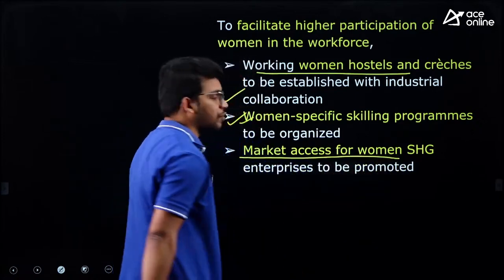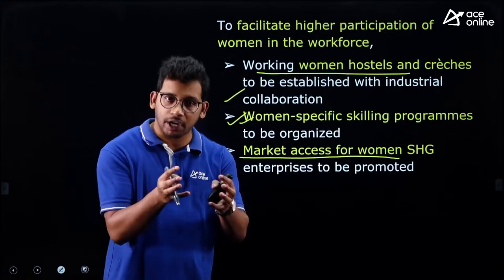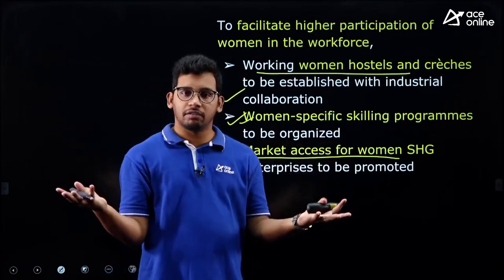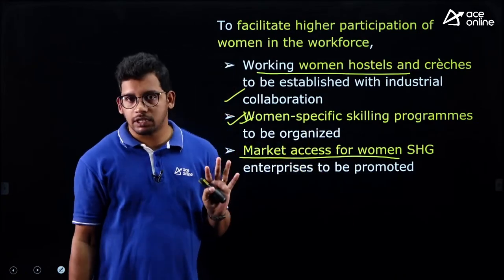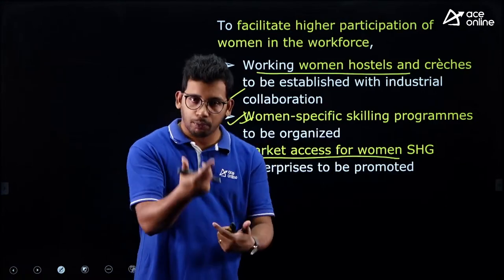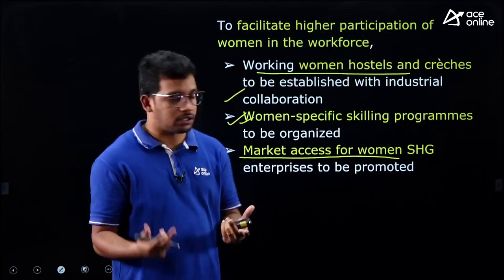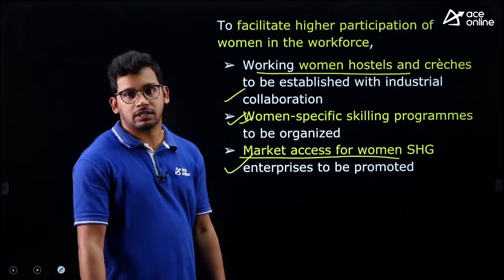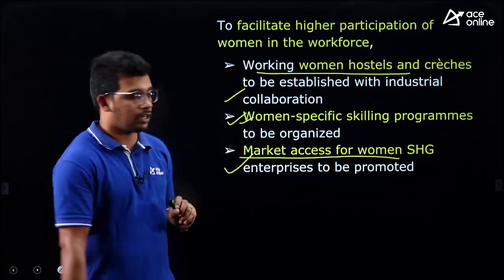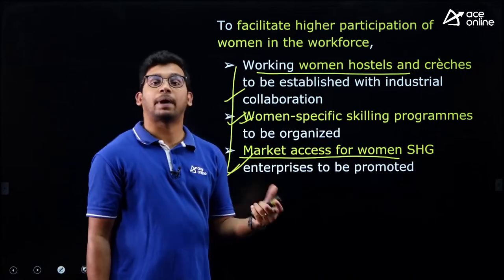Next, market access for women self help groups. Self help groups are voluntary organizations, like cooperative societies, where women come together and put in small amounts, which becomes a big amount, and then they invest in a business. Whatever goods they produce, they were not able to market, like promoting on Amazon or Flipkart e-commerce, and they don't know how to promote this. So the government will take up this role to encourage those self help groups to get market access, right. So these three are the initiatives the government wants to encourage women's participation in